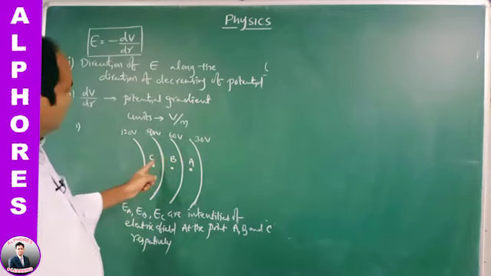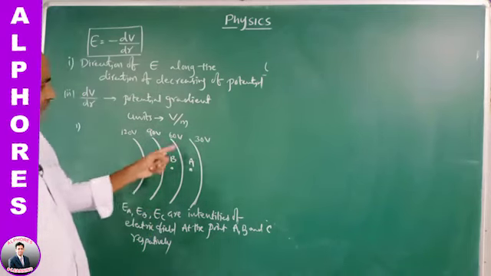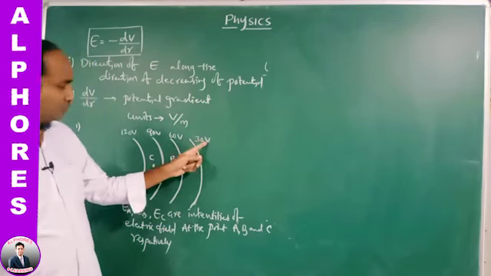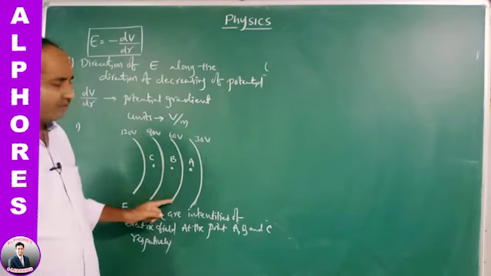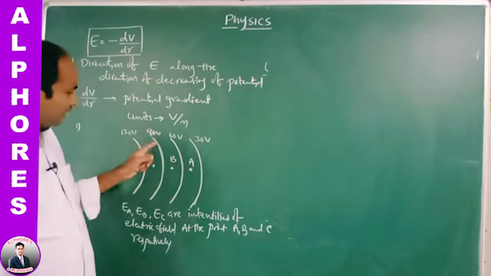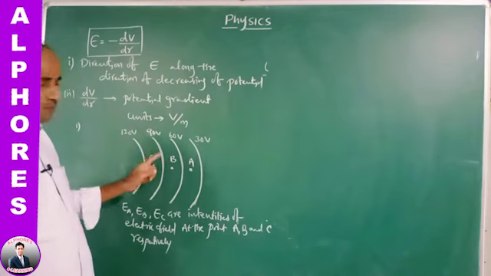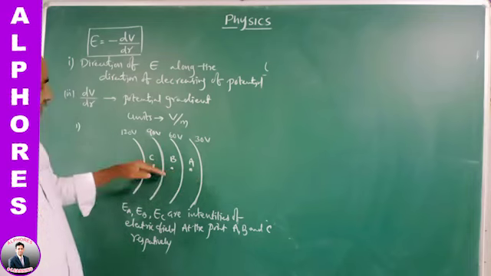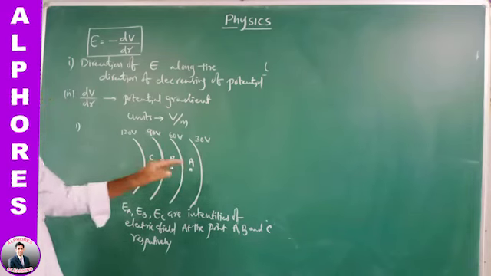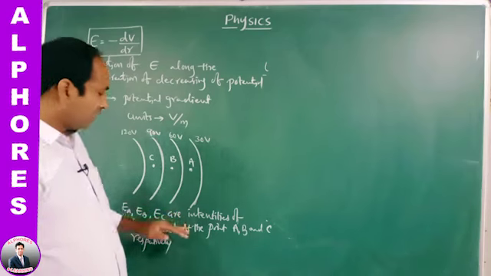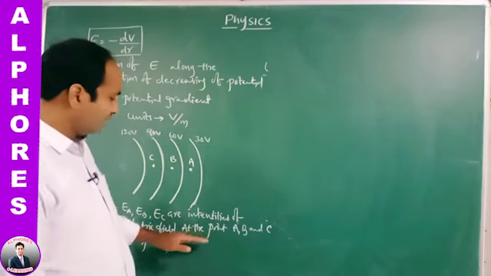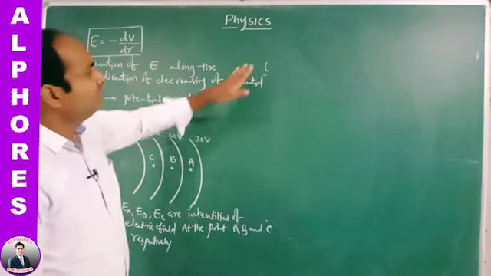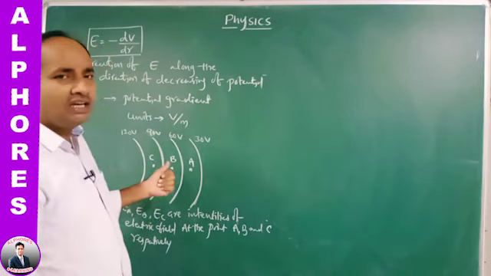See here, these four are equipotential surfaces. At every point on the first surface the potential value is 30 volts only, on the second surface at every point the potential is 60 volts, on the third surface at every point the potential is 90, and on the fourth one at every point the potential is 120. A, B, C are the 3 points as shown in the figure. EA, EB and EC are the intensities of electric field at the points A, B and C respectively. Then what is the relation between EA, EB, EC?